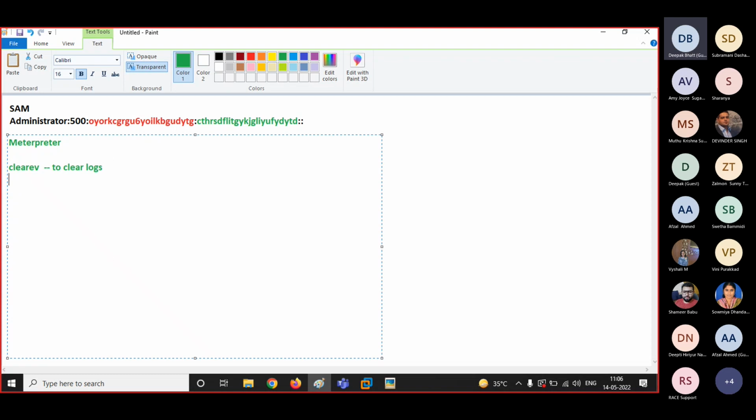Then we have next, guys, getpid. This is a command that you'll be using to get the current process ID.